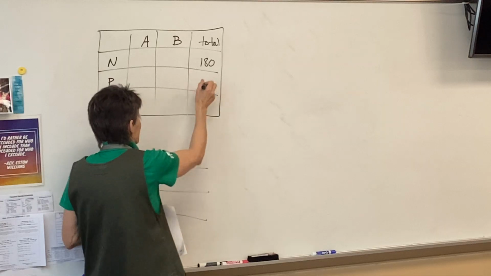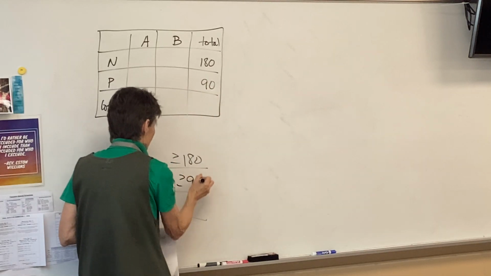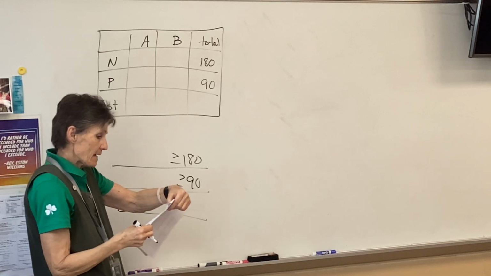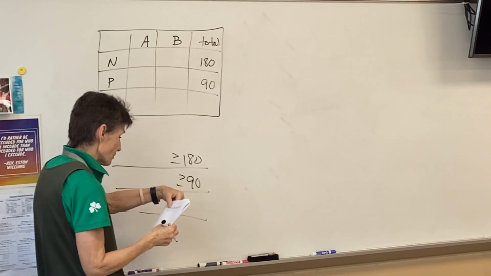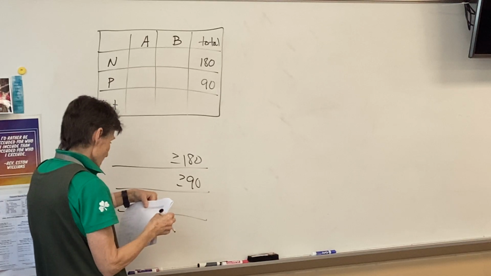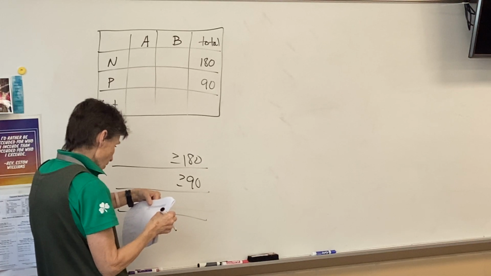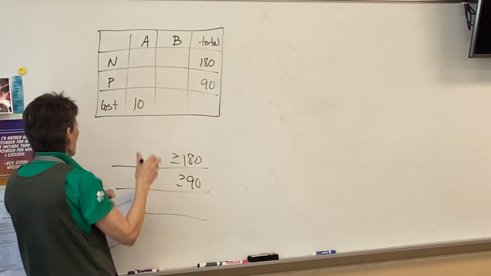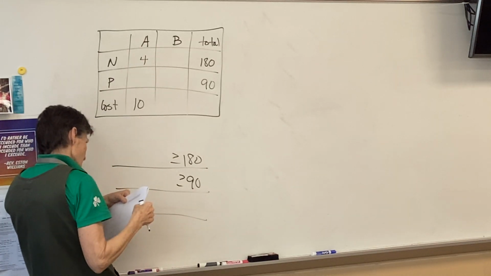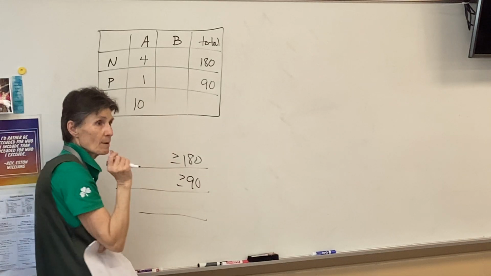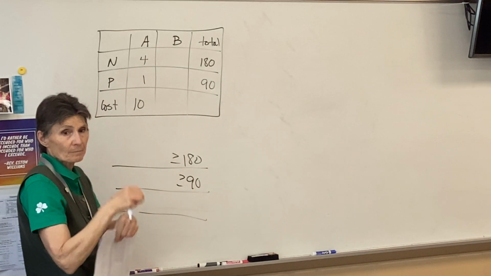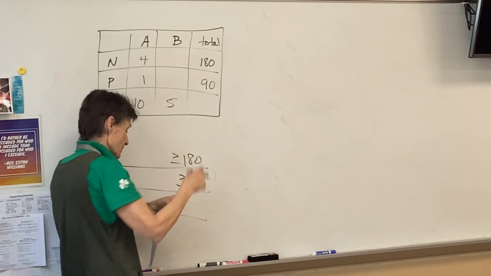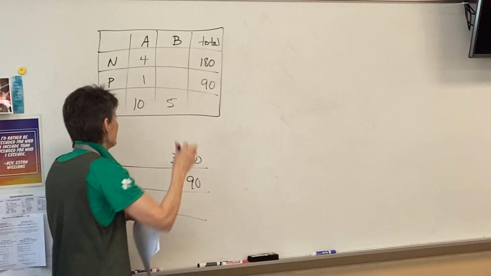And at least 90 of P. Brand A costs $10 and has 4 units of N and 1 unit of P. Do those numbers make sense in their spots? Brand B costs $5 and has 1 and a